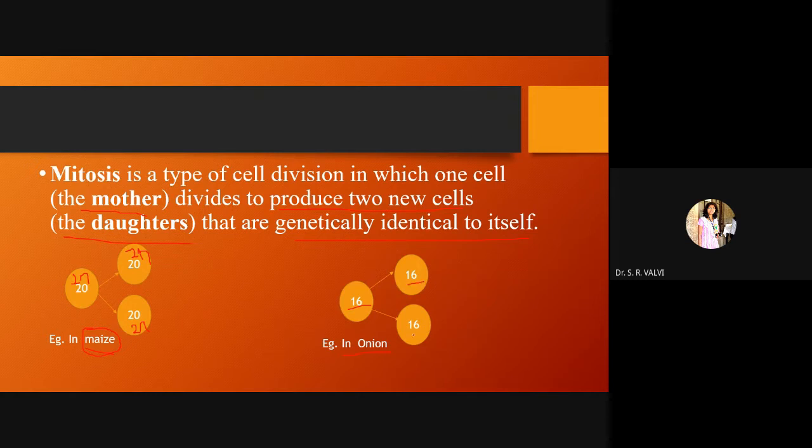16 only. So through mitosis, by taking these two examples, maize gives only maize cells which have the identical chromosome number, and in onion we have 16 chromosomes coming from the mother cell. So the same number of chromosomes is in the daughter cell. Obviously, as the same number of chromosomes are there, it is identical to its parent. There is no change within its genetic makeup.